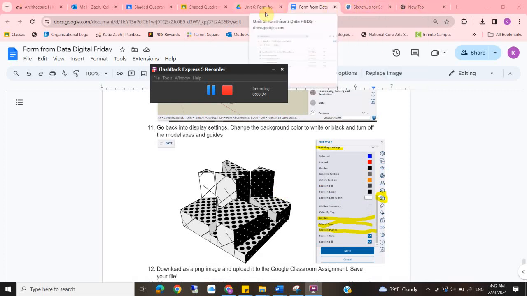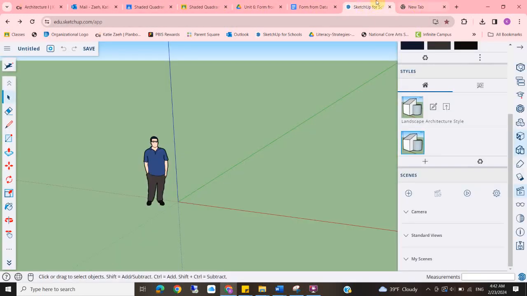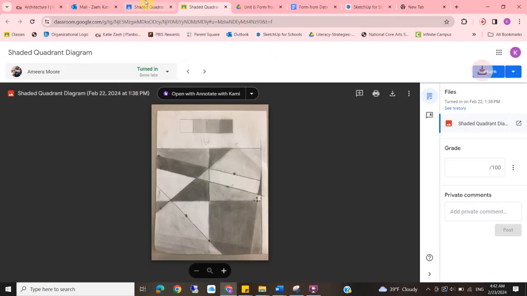So I'm going to first download my shaded quadrant diagram. So you need to go to Google Classroom and grab your quadrant diagram. Hopefully you will photograph and upload it. If you haven't, now's a good time to do that. You also want to make sure your picture is portfolio ready. So it should be taken at 90 degrees to a piece of paper with no shadows on it. As much as possible, you want this to be nice and flat and not at an angle and super crisp and clear. All right, so I'm going to download this image,